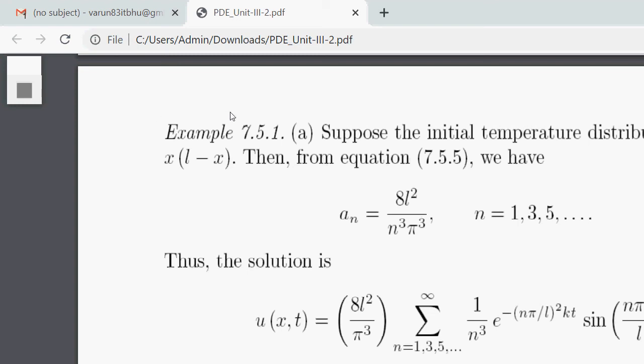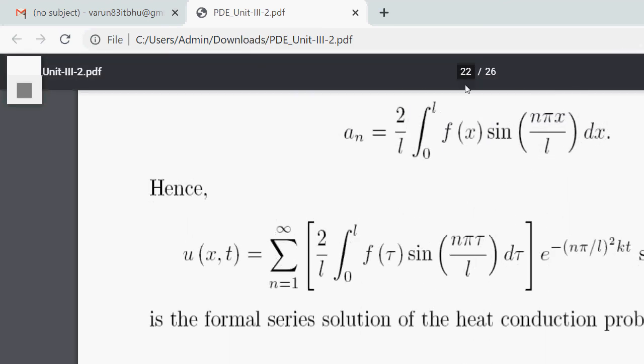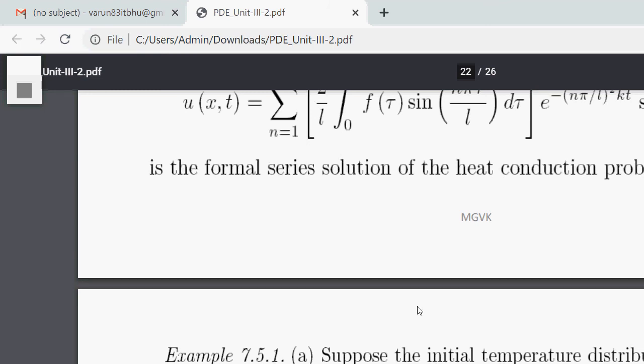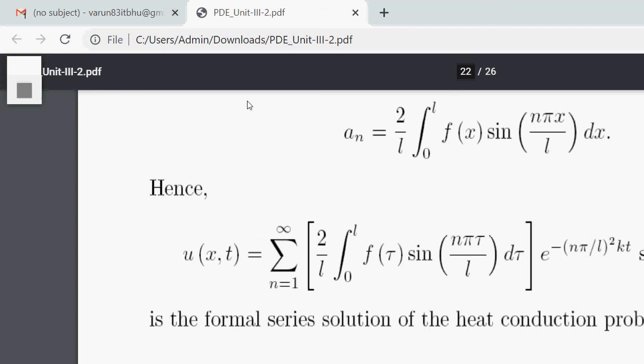Then the above equation, in which the formula for an is 2 by l integral 0 to l f(x) sin(n pi x by l). You substitute the value of f(x) here, x into (1 minus x). Then you solve this equation. If you put x into (1 minus x) in the place of f(x), then an is